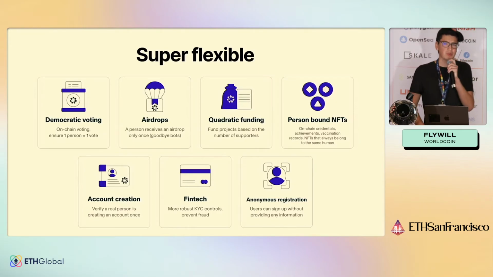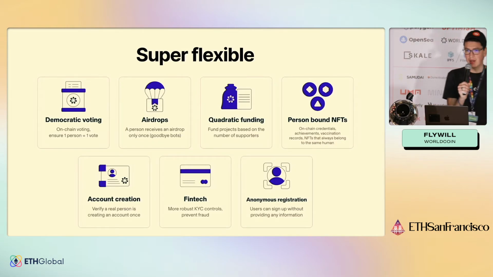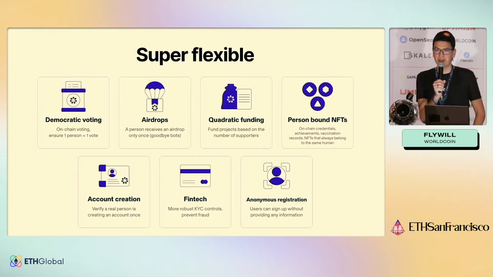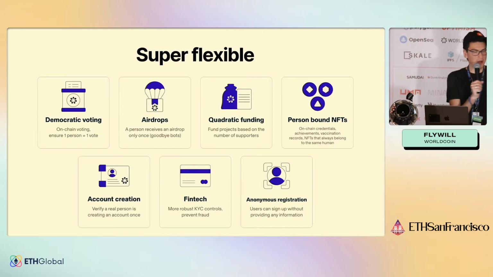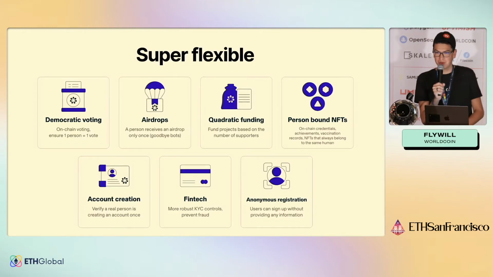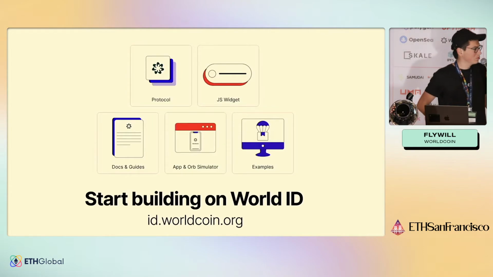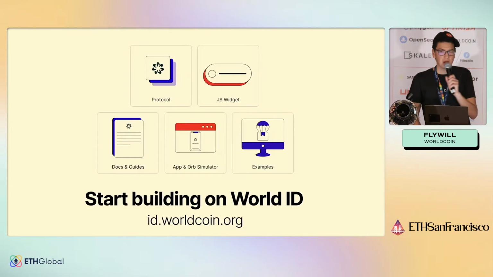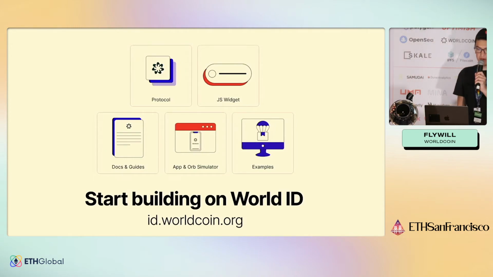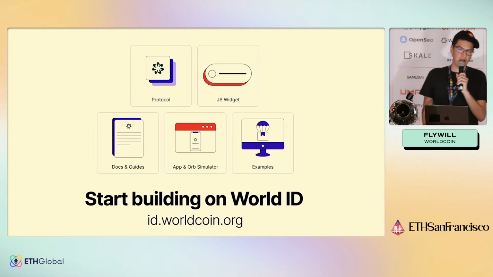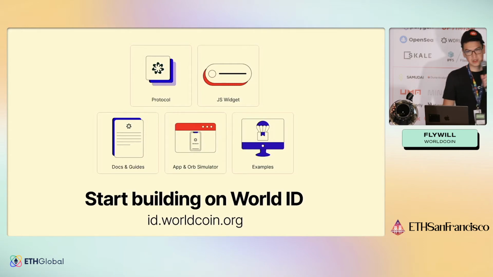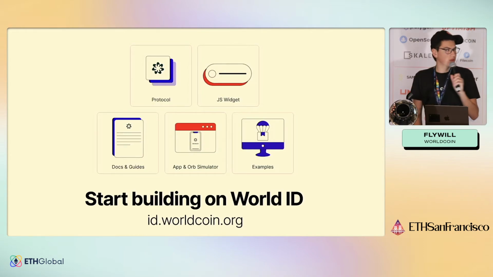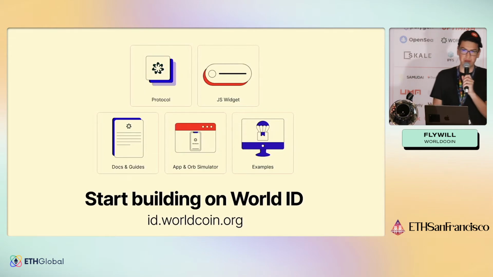There's a bunch of use cases enabled by Sybil Resistance. Here's only a few. We have some other ideas in our docs if you're looking for inspiration. But you know, there's a lot of possibilities for Sybil Resistance. So here you can go into id.worldcoin.org. You'll find there all the documentation for all the libraries, API, protocol details. If you're particularly curious about the zero knowledge part and the math, there's some details on that too.